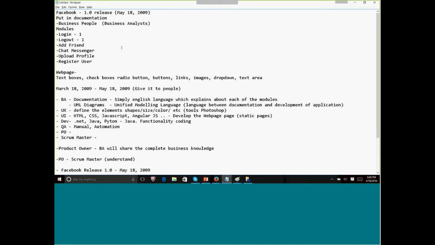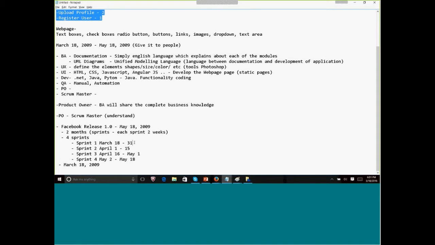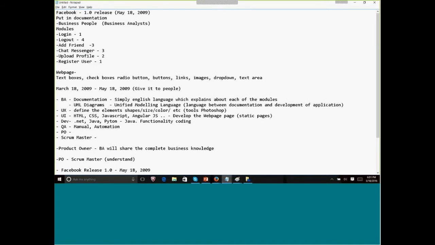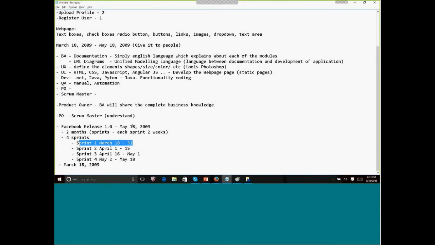Okay, first register should be in sprint 1, right? And after that they will keep that in sprint 2, and logout maybe they will keep in sprint 3, sprint 4, this in sprint 3, update profile in sprint 2, and chat messages, assume they are kept in sprint 3. So on these respective dates, these should be completed. So that's what they have identified.